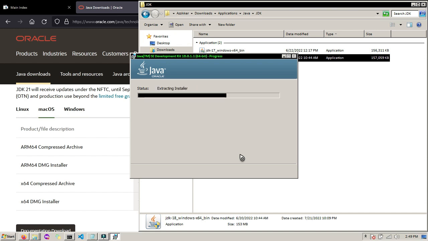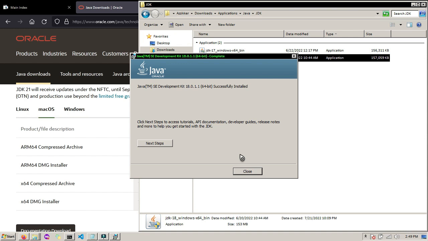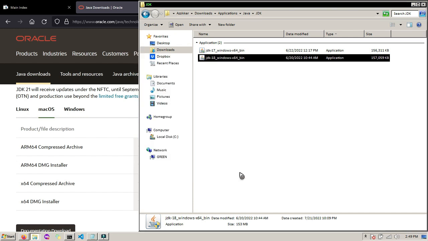Okay, so the installation has progressed, hoping it will be finished sooner. So here we are. The installation of the Java Development Kit is complete. So all we need to do is close the window.